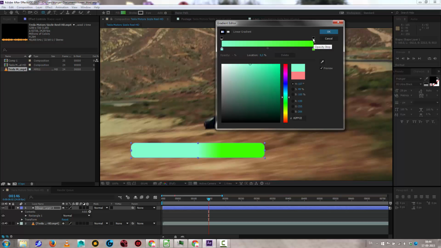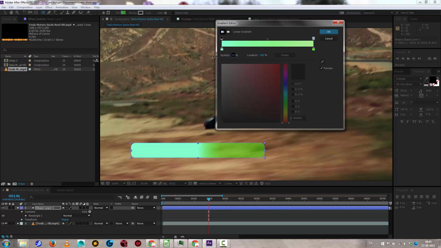On the top here we have opacity markers. So if I take this one and I turn the opacity down, you can see it goes transparent. And then I can add another marker up there, and that will be opaque, so it will fade out in this area. The reason why this looks a little weird, I'll get back to that in a second. I'll just take this one, drag that back, put another one there, and make the opacity low. Okay, so I get this. I click OK,